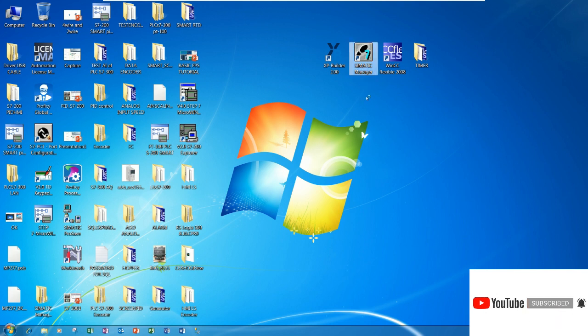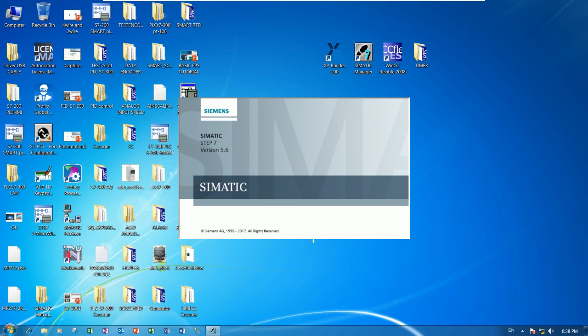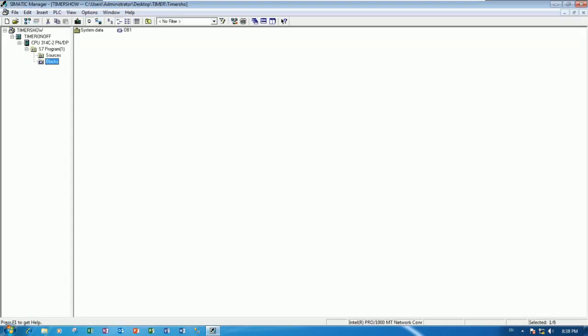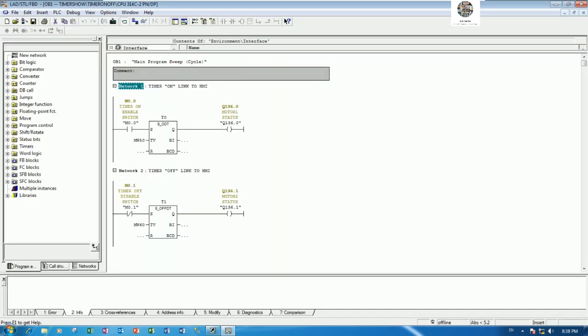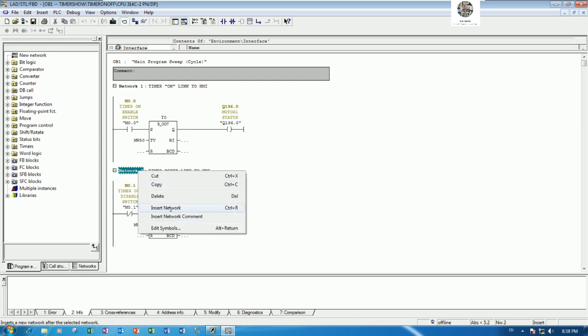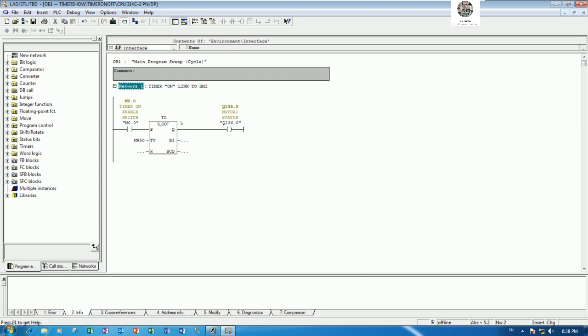So first, open Simatic Manager. Then I will use the existing project. Okay, I will delete network number 2 first, because I need to create the step by step sequence of motor number 1, then number 2, until number 4, right? So